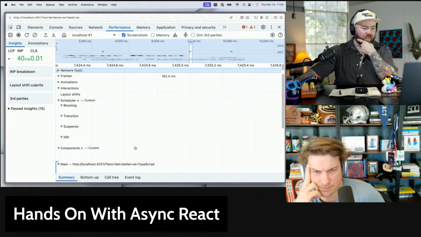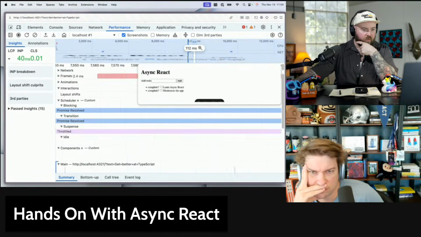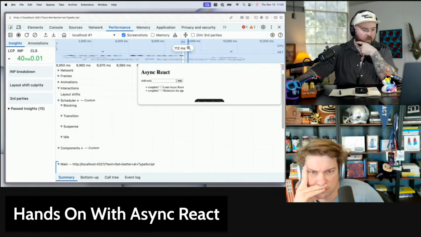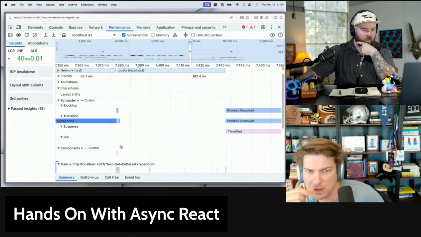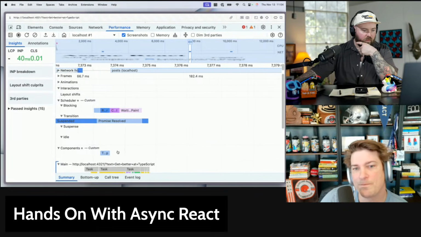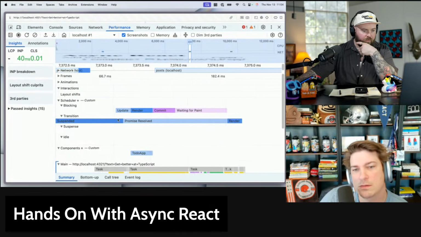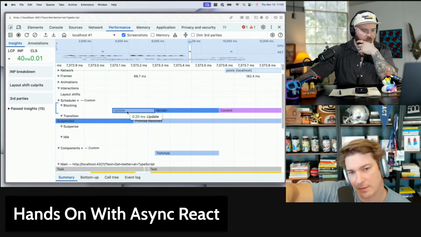Yeah, I guess we should have set up the ability to let you control. That's where you want to be, over here. Yeah, zoom in and see what's happening there in that blocking lane. Click on that update, and then expand the bottom panel where it says summary.